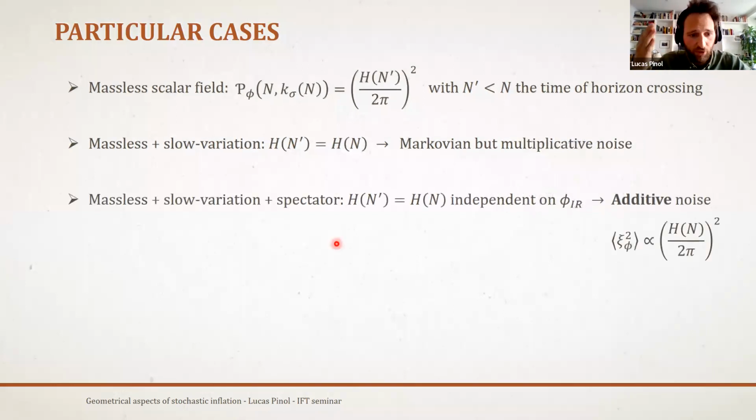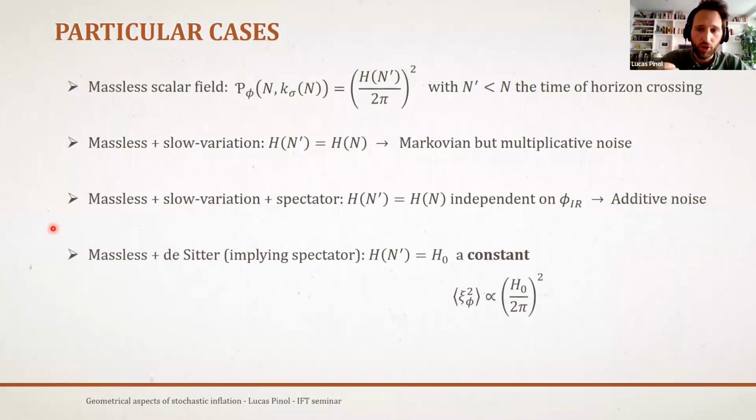Now you can go to even more assumptions and suppose that your scalar field is not the inflaton, not the one that is driving the background. Therefore the Hubble parameter is not a stochastic variable. It is driven by something else. And now the noise statistics do not depend on the stochastic process. They just depend on time, maybe because some other process makes the Hubble parameter time dependent. This is simpler and it's called additive noise. And many difficulties disappear when you have additive noise.